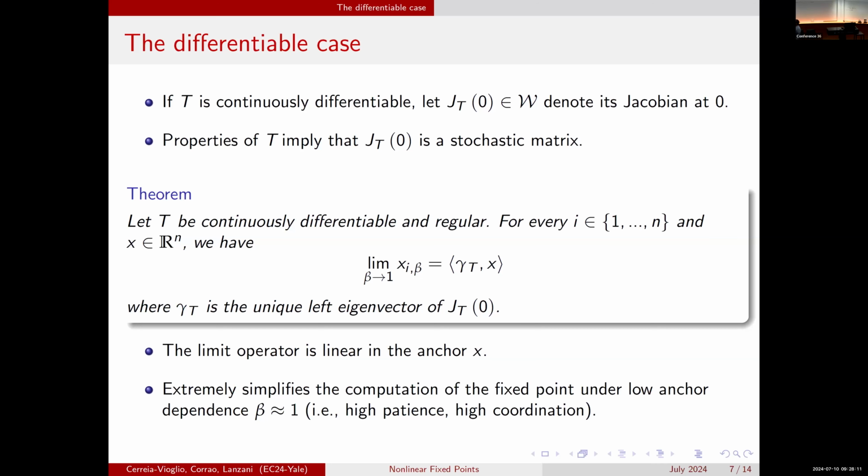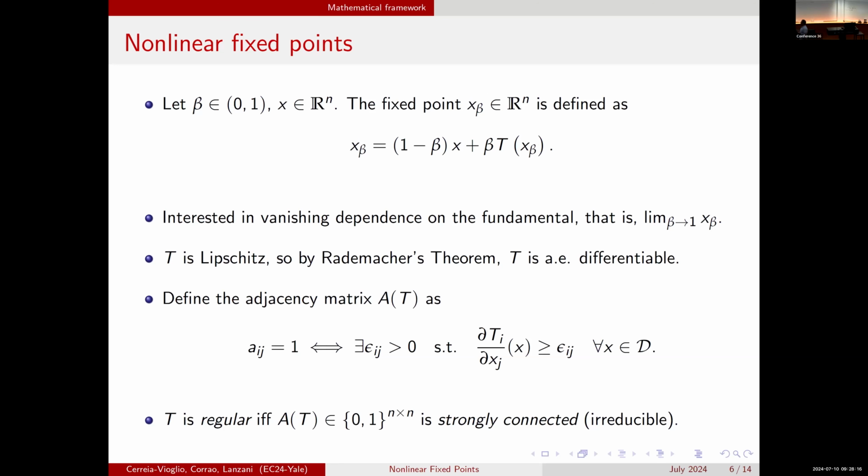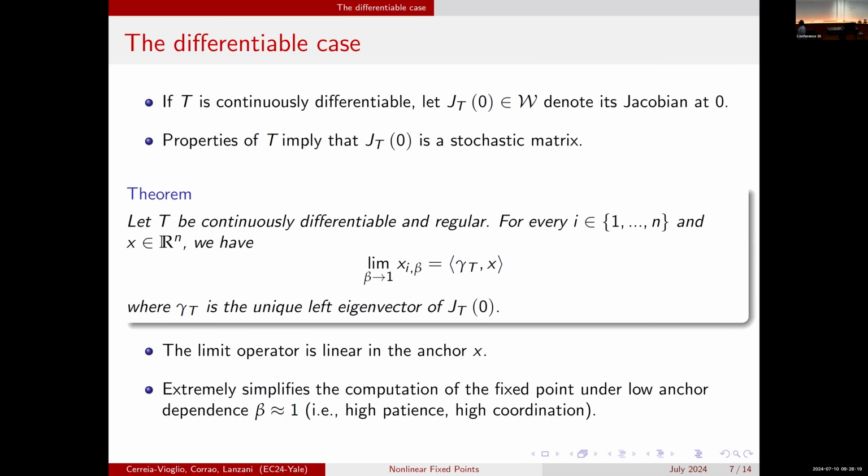Now, what is the theorem? Let T be continuously differentiable and regular. Remember, regularity means that this network is strongly connected. Then, not only do we have convergence, so this is the first extension of the linear result. We can prove that entry by entry, this fixed point is converging somewhere as beta goes to 1. Second, we still have the property, thanks to this strong connectedness, that the convergence point is a constant vector, so each entry is converging to the same constant. And also the formula for the limit fixed point, so we have an analytical formula despite the nonlinearity, is explicitly